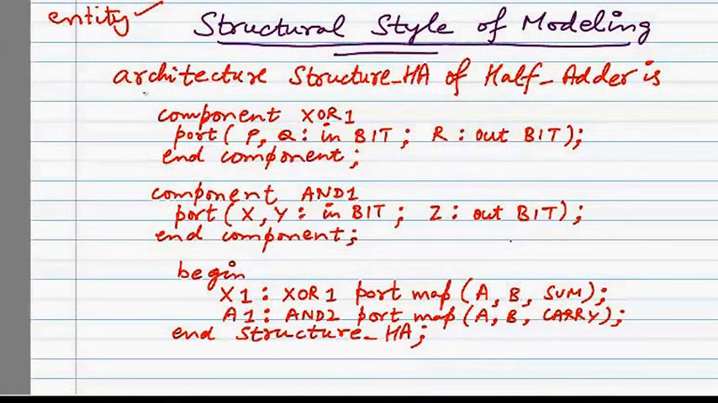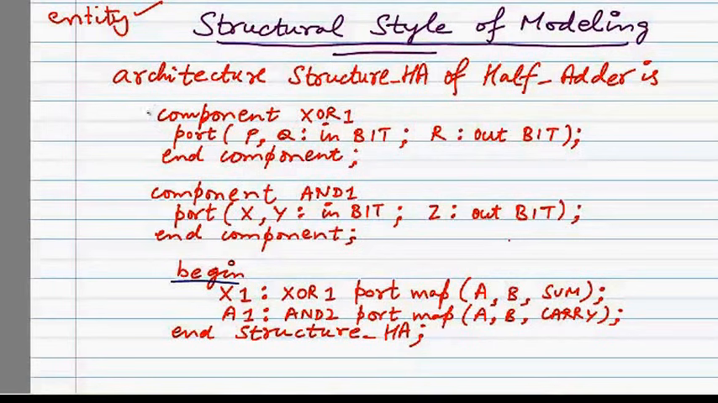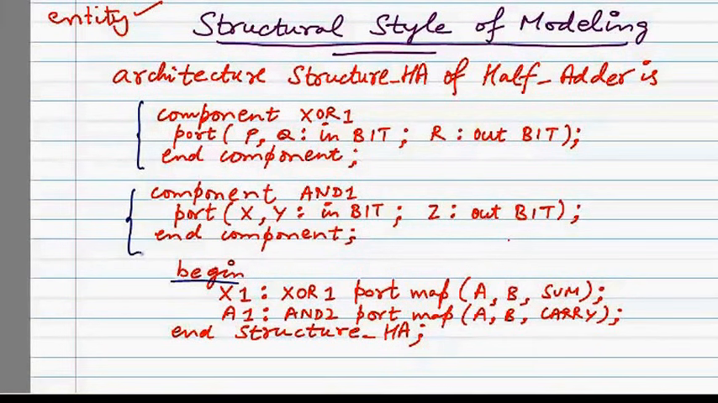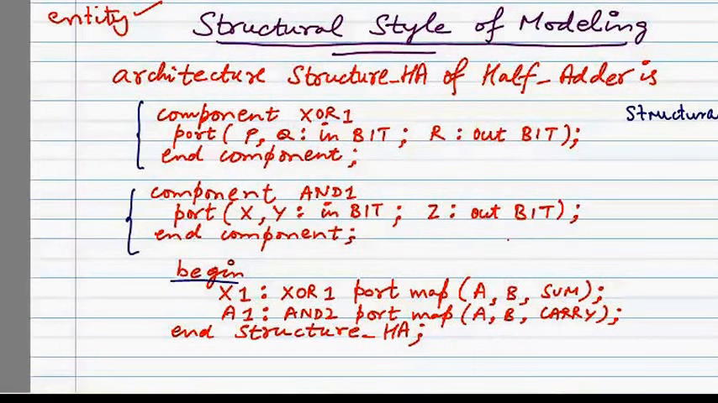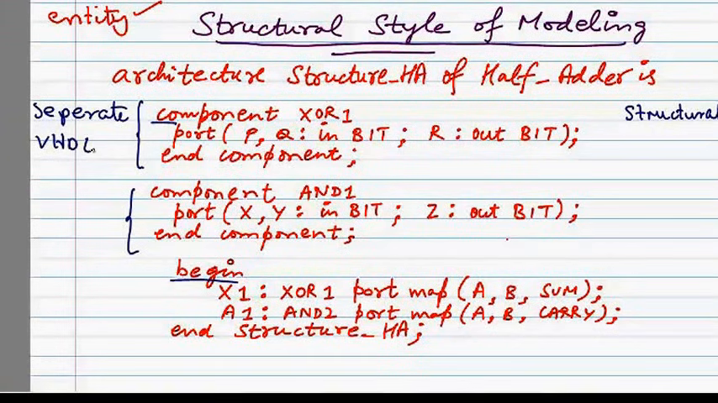So architecture, again, user defined word of half adder is. First, what do I do before I begin? I first declare components. I write components defining a XOR gate and an AND gate. Remember, the style of modeling is structural, so I will define different structures which are components. Please understand, in structural we have a separate VHDL design for an XOR gate and a separate VHDL design for